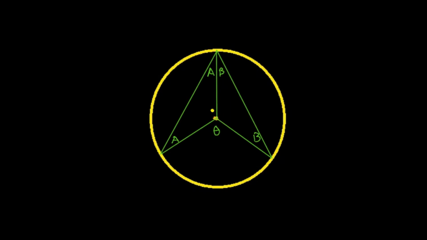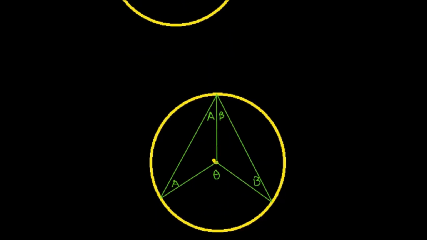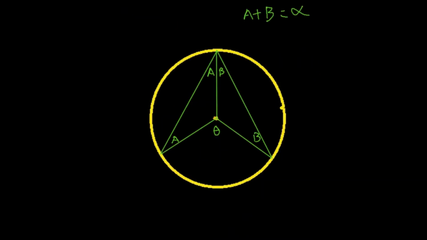Okay, so what can you say from here? Now let's look at this angle here. A and B together is alpha, because I just take the original diagram and move it here and then relabel things. So we can say that over here, A plus B is equal to alpha. And this angle here and this angle here will be different from the other two angles. Let me call this angle C. Let me call this other angle D.